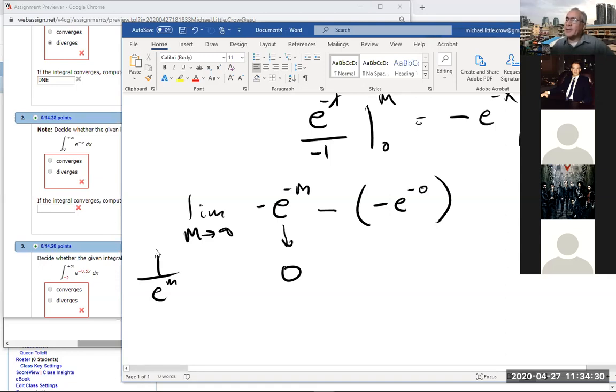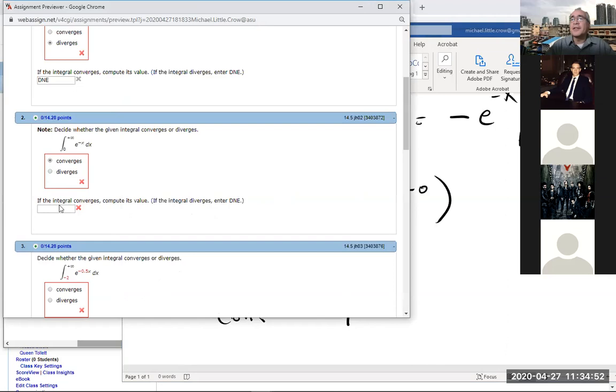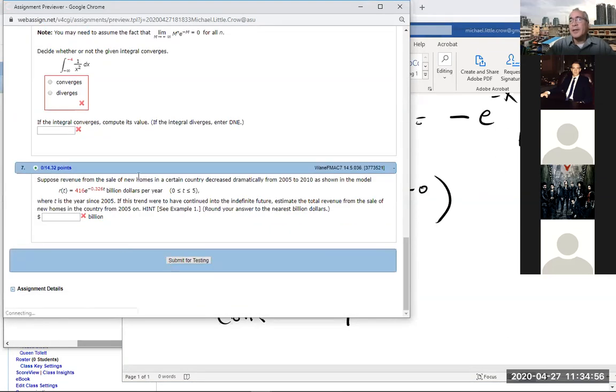So our answer, and then e to the minus 0, anything to the 0 power is 1. So this would be minus 1, with the negative, negative, negative makes it a plus 1. So our final answer is, yes, it converges, and it converges to 1. And we'll test that out just to be sure. So converges to 1, submit it for testing,